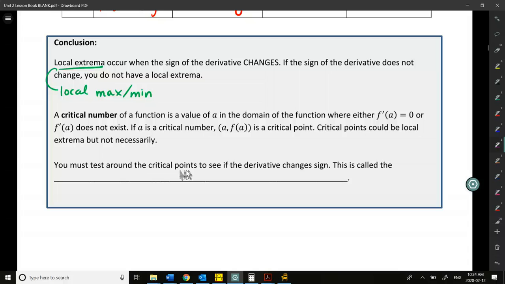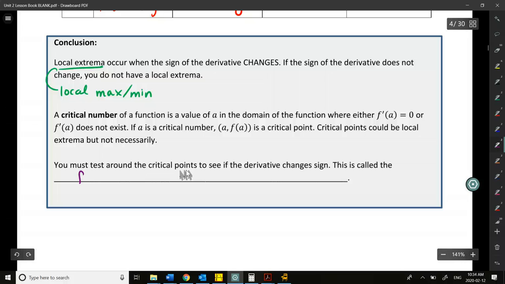That's called a critical point. So critical numbers are your x values. Critical points are like the xy coordinate. Okay? Critical points, we can't automatically just say because the derivative is 0 or does not exist that they are local extrema. We have to do a test to see what's happening around those critical points, and that's called the